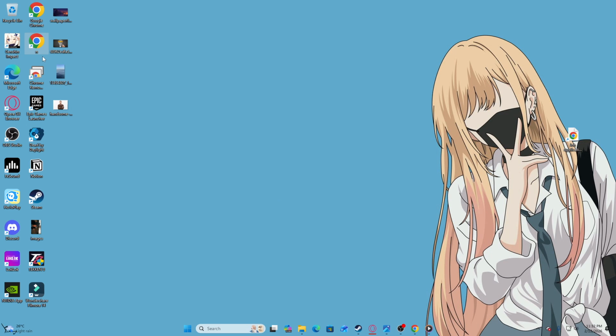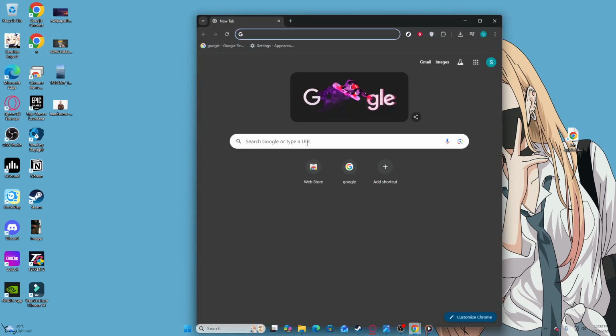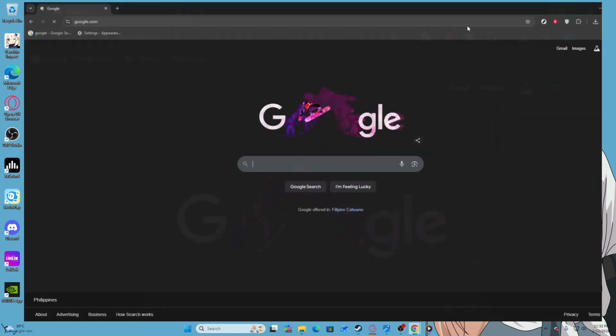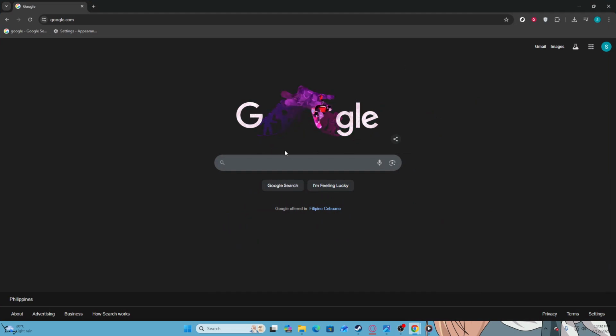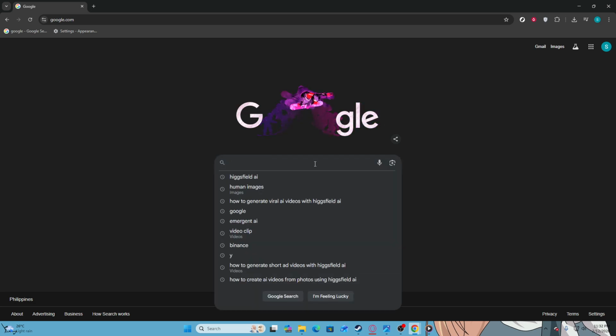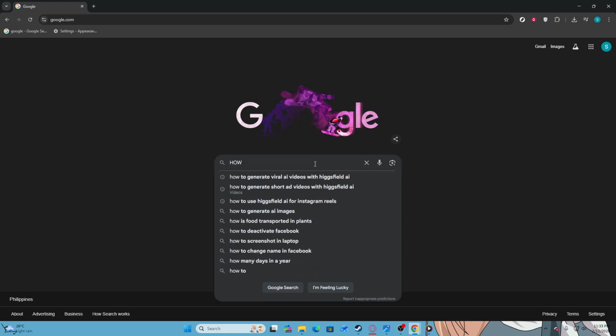Begin by opening your web browser and navigating to Google. This step is crucial as it will allow you to search for the Higgsfield AI platform, which is essential for creating your TikTok videos. Next, type "how to use Higgsfield AI for TikTok videos" into the Google search bar and press enter. This action will display a list of relevant links and resources that can assist you in utilizing the